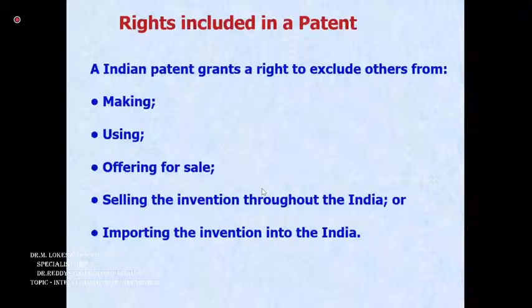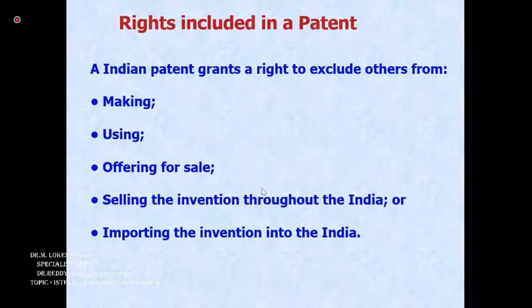That means you can make your own inventions, and you can even offer to sell your invention. Suppose you have the invention, but you don't have the infrastructure. Suppose you identified one product, maybe a pharmaceutical product, but you don't have the plant or the manufacturing facilities to execute your invention. So what you can do is sell your invention to someone who is ready to take it. That way the patent provides the right to sell your invention, and the invention you are selling is